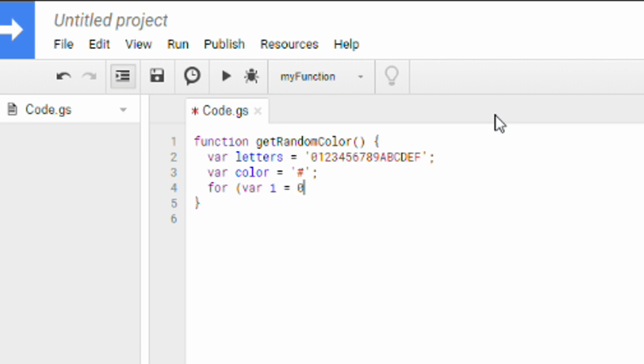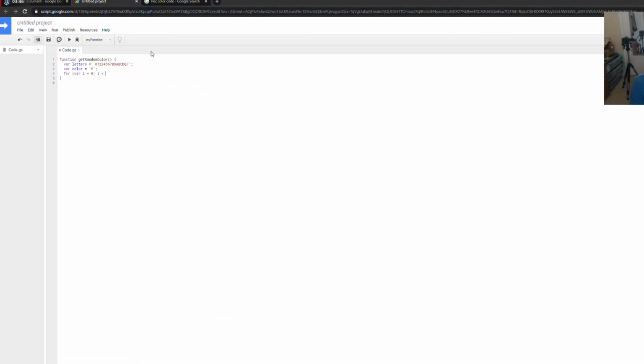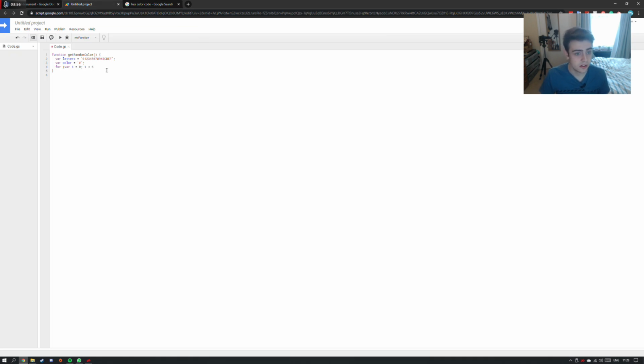So we're initializing it to start at 0, and then you add a semicolon on the end of that, just to say that this block is done. Then we're going to use i again, and say whilst it's less than 6, because as we can see here, it is 6 letters long, even though some of them are numbers, but letters is just a bit easier. So it's 6 long, so i < 6 is essentially saying whilst it is less than 6,